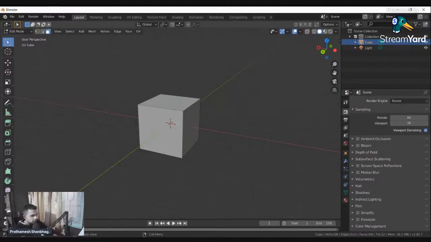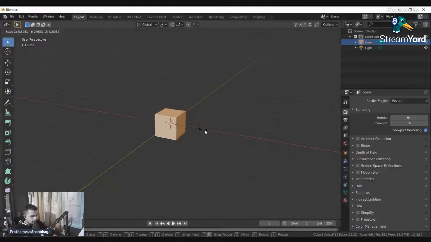So yeah, let's make the sushi project first. What I'll be doing right now is selecting everything, and we have something called scale, which can help you scale the object down or make it bigger. This can be done using the S key. When you press the S key, you can see I can scale the object down or make it bigger.